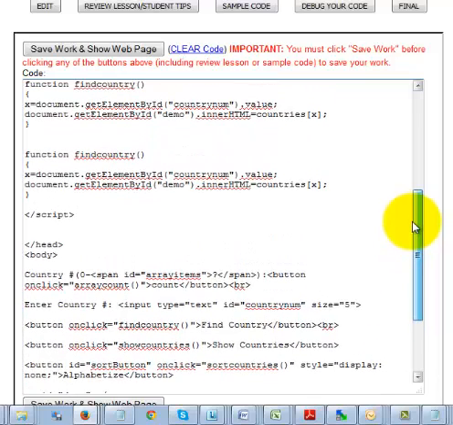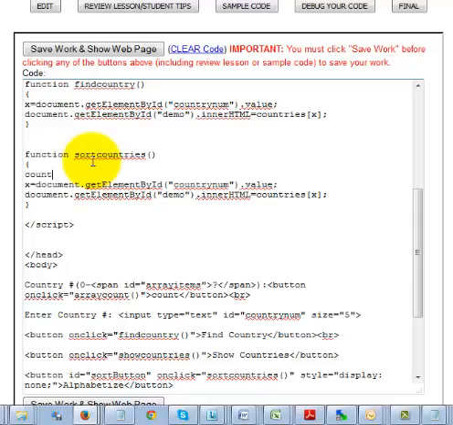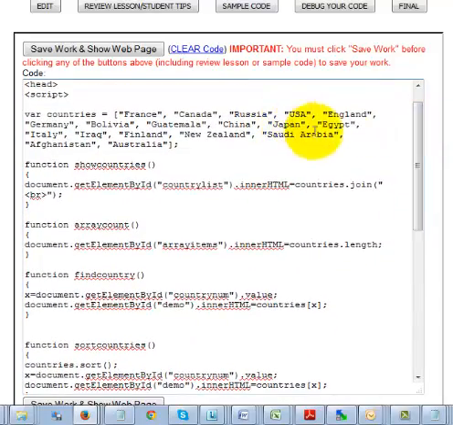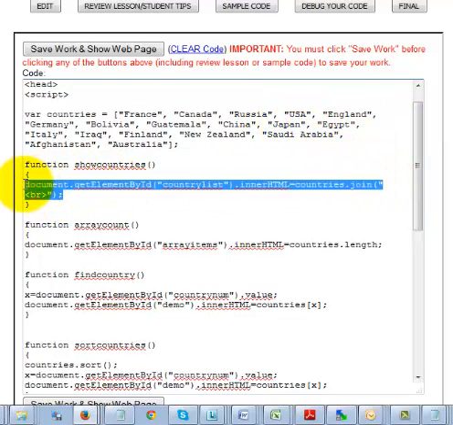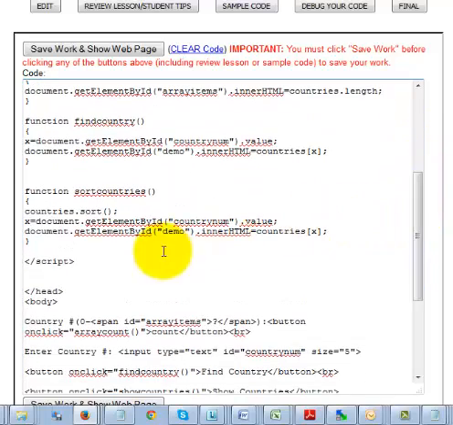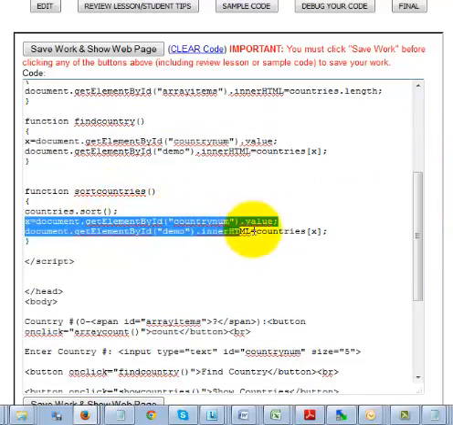So right here, I'm going to create something called sort countries. And what this is going to do is it's going to change the order of the arrays. And that's pretty easy. You're just going to do countries dot sort. Okay? And then you're going to display, just like we did here, we're going to take this, and in fact, I could just reference that. Let's just do that. So I'll do sort countries, and I'm going to just say